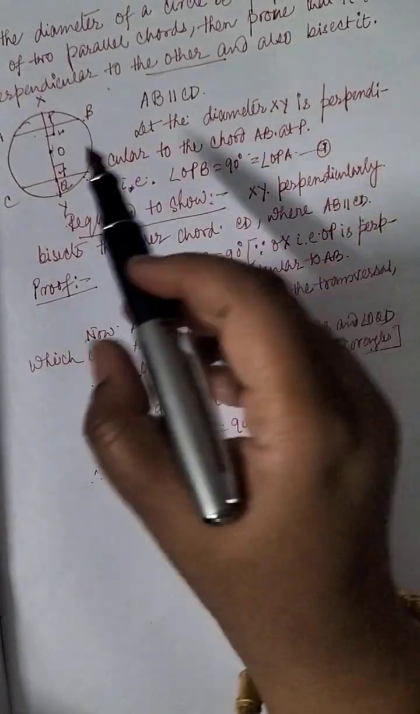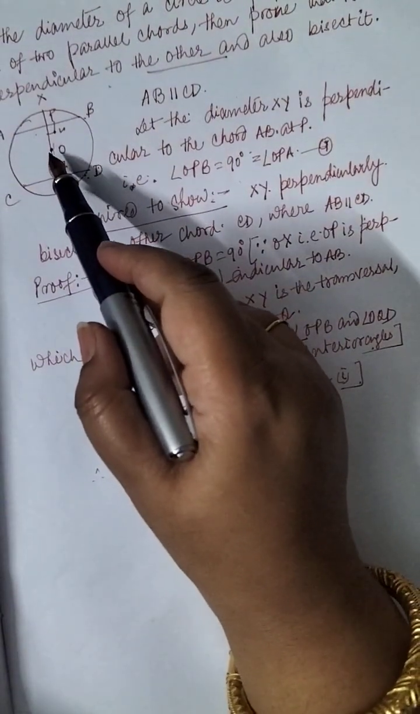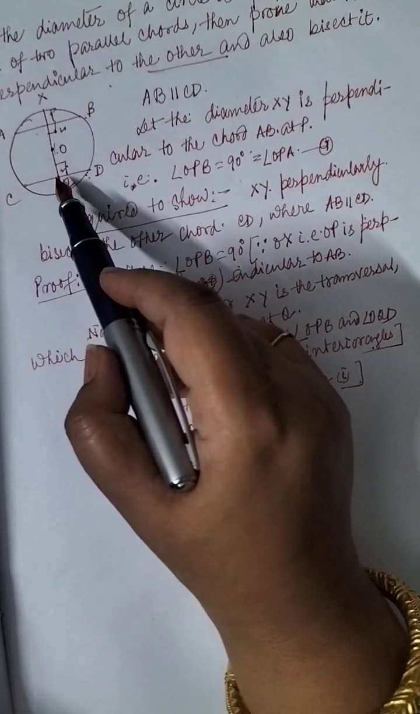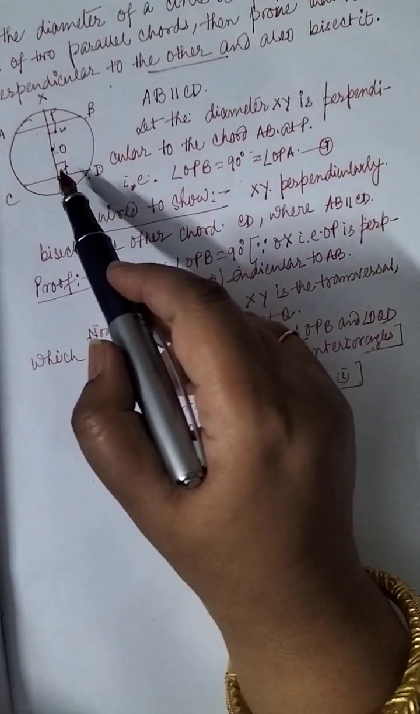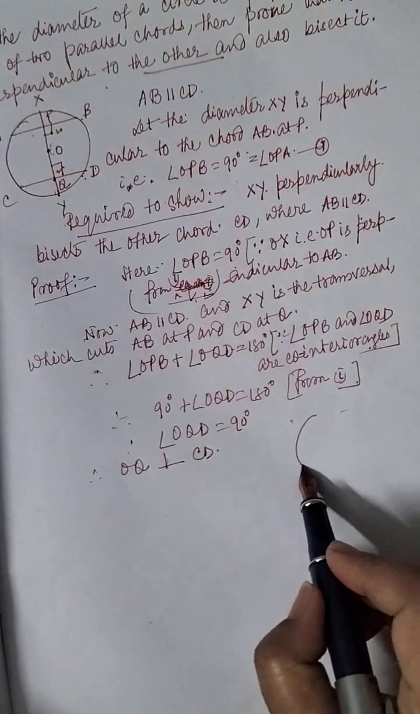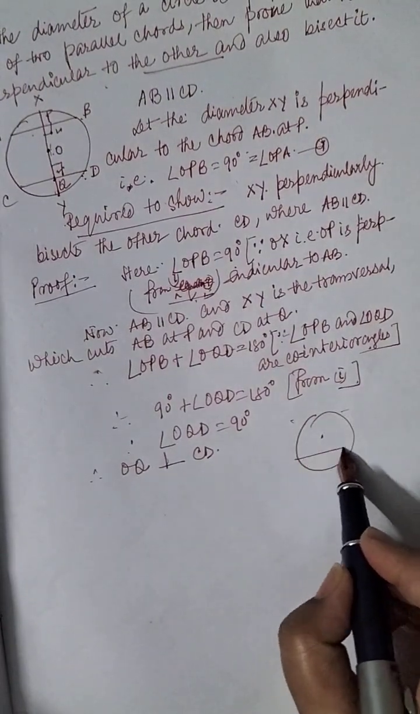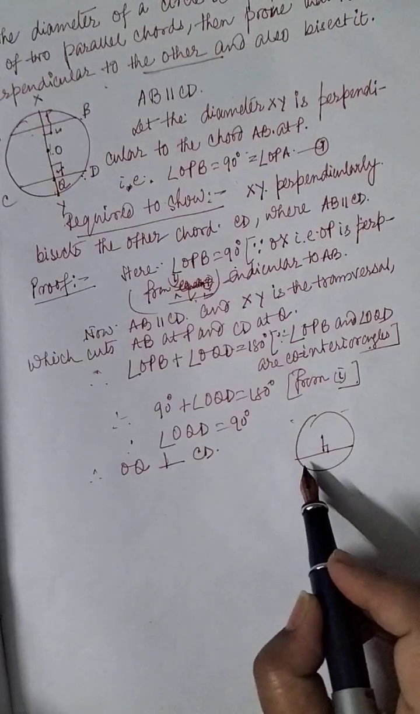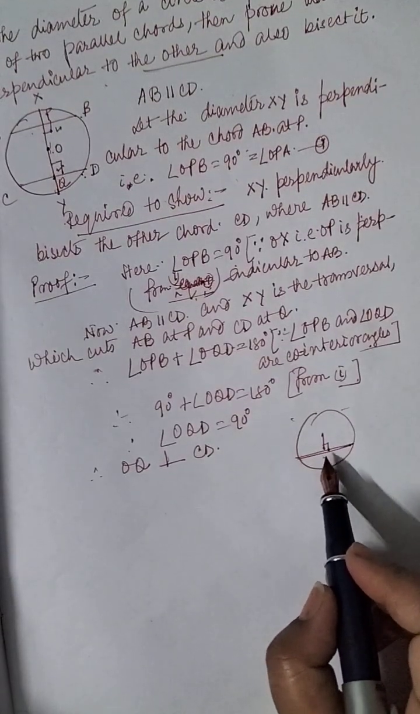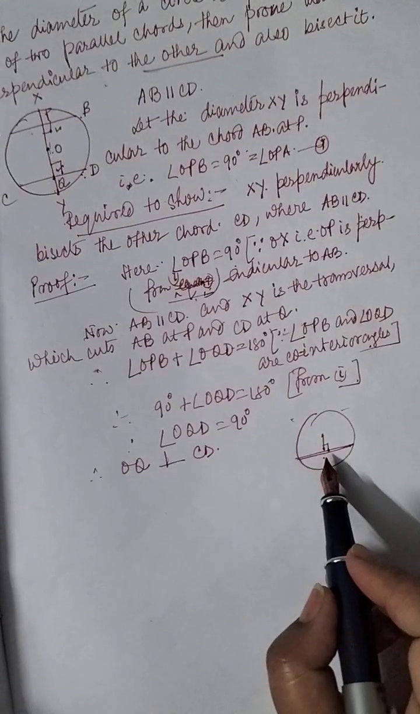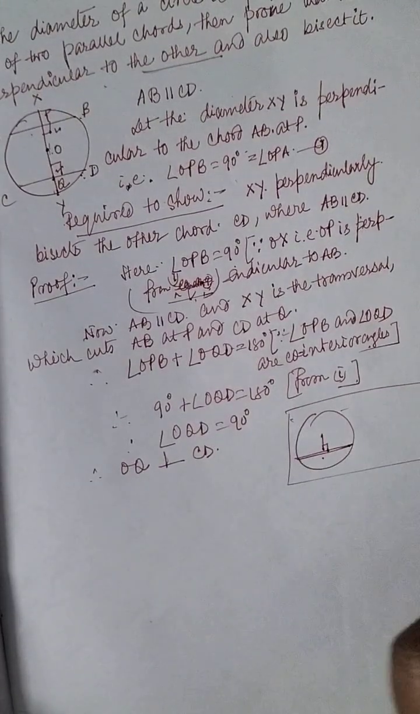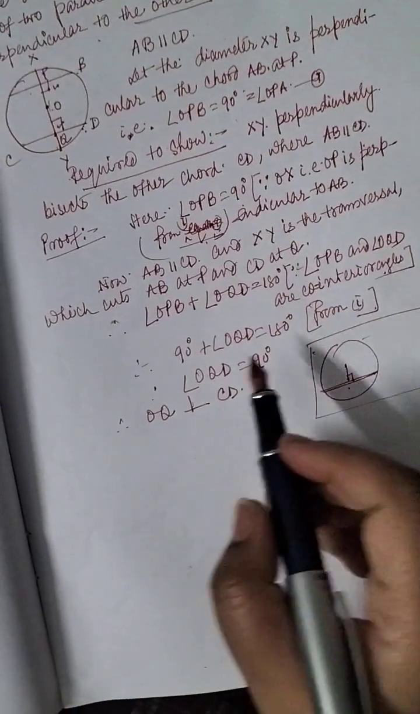Now we know that if a perpendicular is drawn from the center to a chord which is not a diameter, I repeat, if a perpendicular is drawn on a chord which is not a diameter, then it will bisect the chord and vice versa. We know this is a very important property of circle, right? So here, using this property, we get that